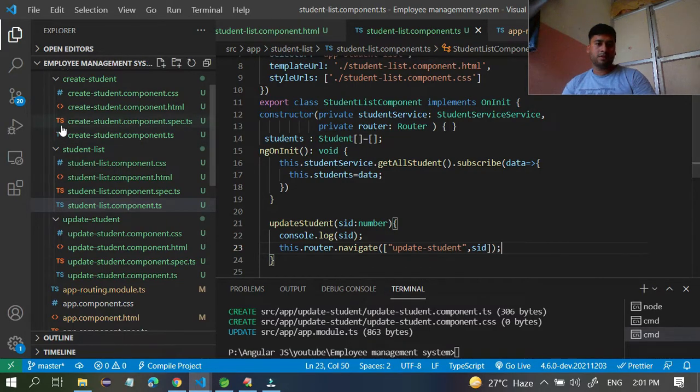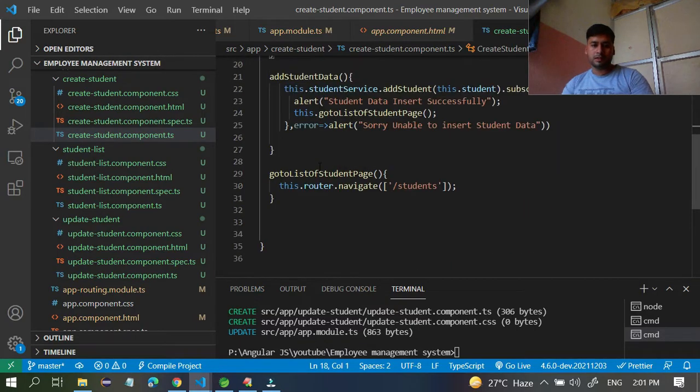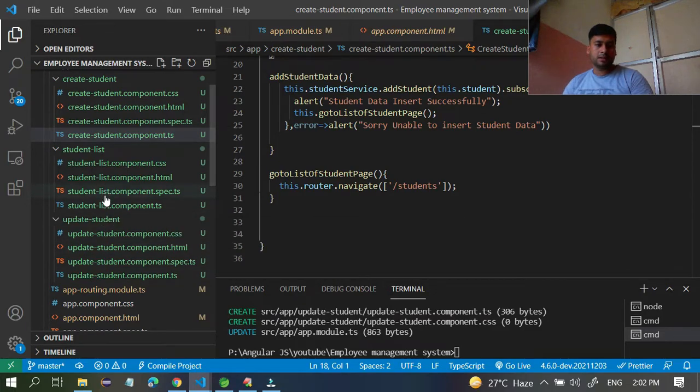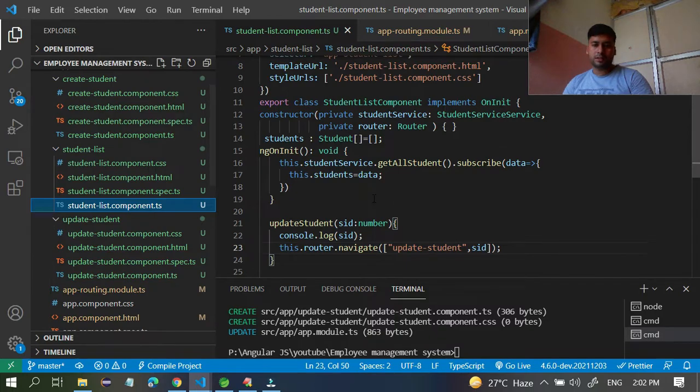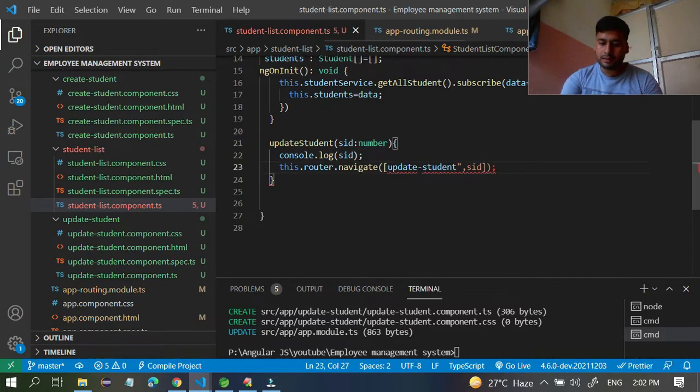For example, in create student.ts we have one router, router.navigate with single quote slash students, like that you have to do. In list of students also you have to redirect. So go to student list of student.ts, read the SID numbers and pass this SID. Here take single quote.